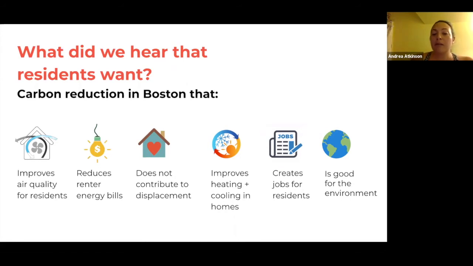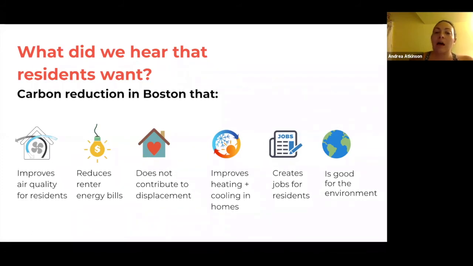And fourth, folks were interested in what it looks like, from a building emissions perspective, to actually improve heating and cooling in homes. Someone noted that their heat stays on all year, like in the summer too. Understanding how many people have that sort of scenario happening is going to be important, to understand the ways that building improvements in particular could have really lasting effects, not only for people, but also for the reduction of actual